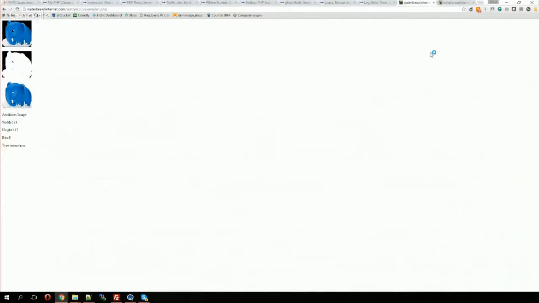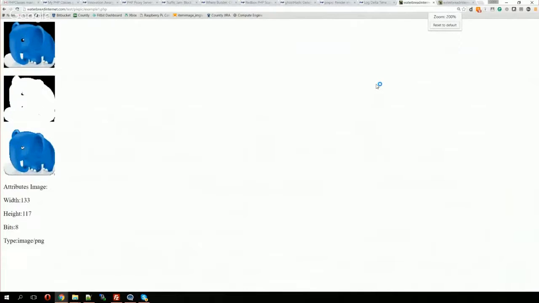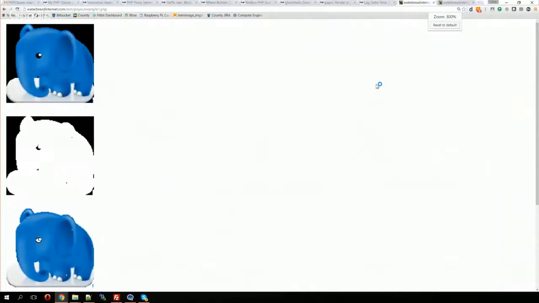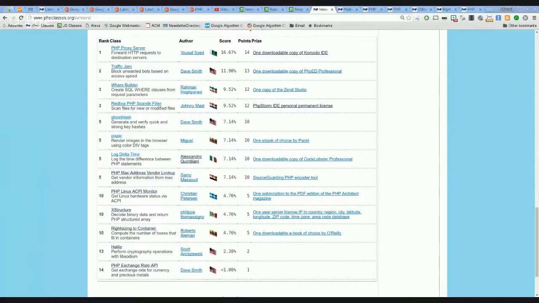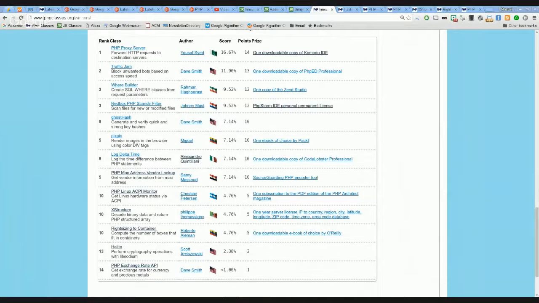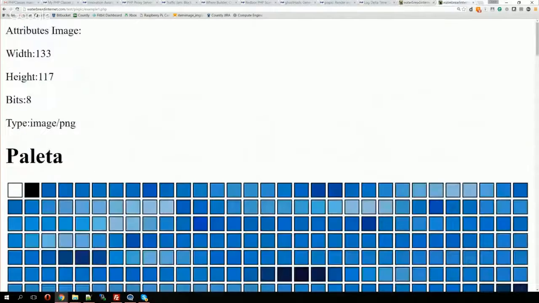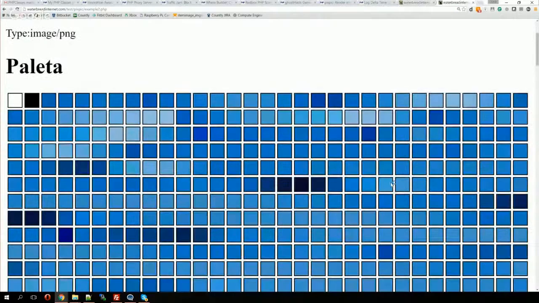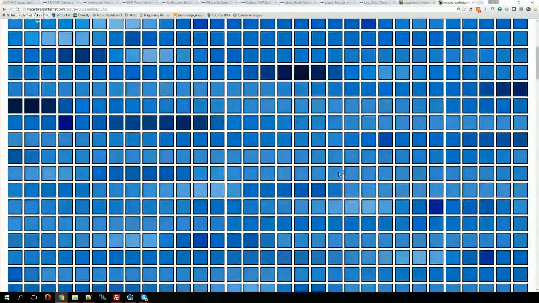So I uploaded it to my server, and let me try to increase the size a bit. And as you see, this image is drawn with these elements. You can easily see the tiles of the pixels. That's a lot of pixels. I tried to inspect it with developer tools, and my Chrome hung because of too many divs. But as you see, you can also apply some kind of effects and cut off, or do masking to the images. And the class can also extract palette colors, basically all available colors that were in this image, as an array for you to use.